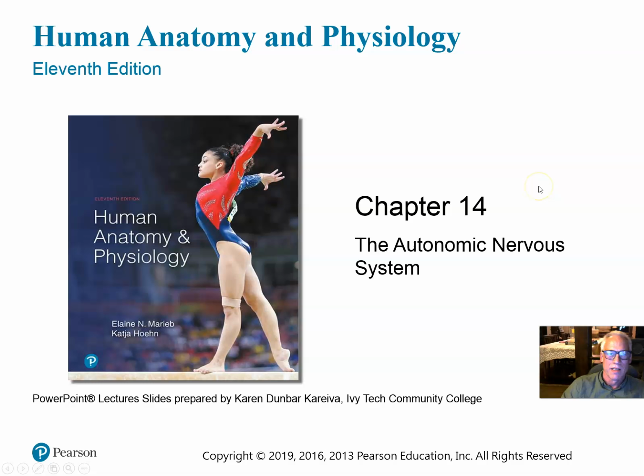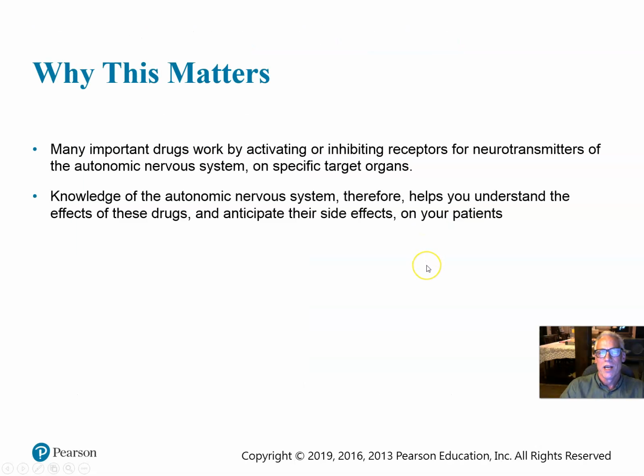Today we're going to begin a discussion of chapter 14 in our Anatomy and Physiology textbook, and it's about the autonomic nervous system. This is a really interesting chapter about the involuntary motor divisions of your nervous system. So this chapter is short, relatively speaking, but it's a really important chapter to pay attention to because many of the drugs used in medicine are actually drugs that control the function, either activating or inhibiting the receptors for the